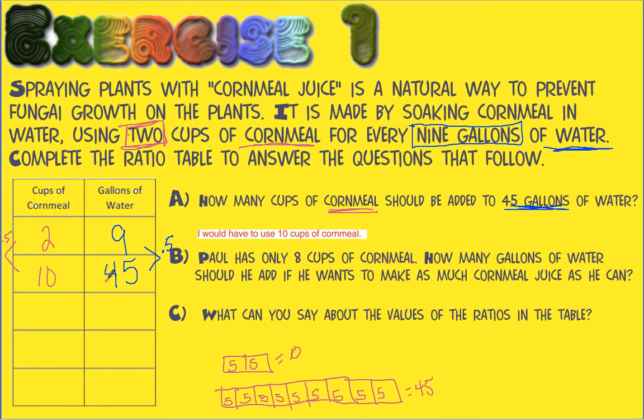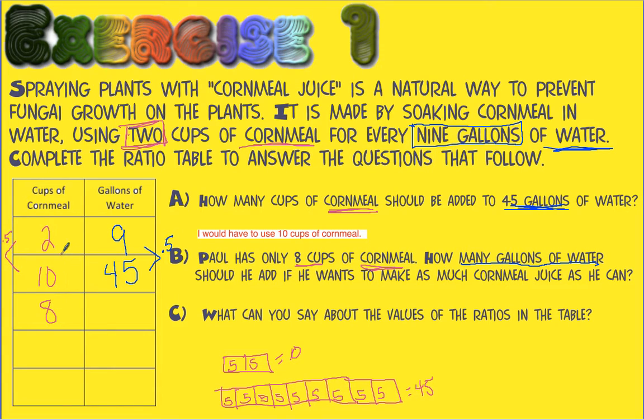And now here again, we're using the table to help us out a little bit. Okay, what if he only has 8 cups of cornmeal? Well, now, to go back to my pink marker here, he wants to know how many gallons of water he should add if he wants to make as much cornmeal juice as he can. So if he only has 8,